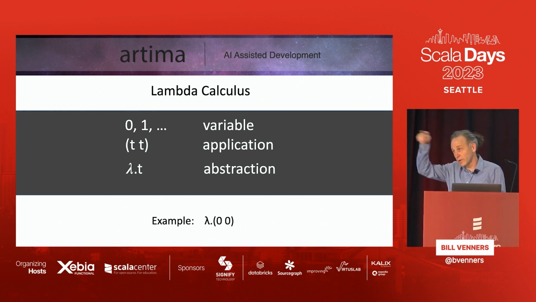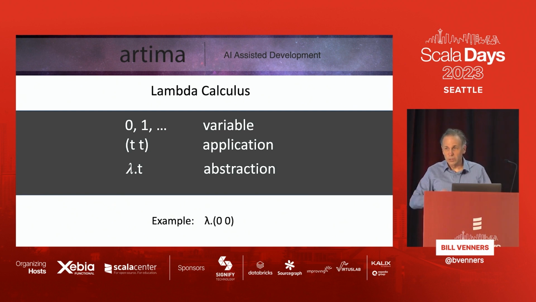Normally you have a parameter. There's just one parameter passed to a lambda in Lambda Calculus. So you name it. When you're doing indexes, you don't need to name it, so I just skip the parameter name. I say lambda dot, and the right-hand side of that is the body. And so the t there is a term. So where t shows up, it can be any of those three things, right? And that little tiny language allows us to describe any algorithm that can exist, any effectively calculable function.